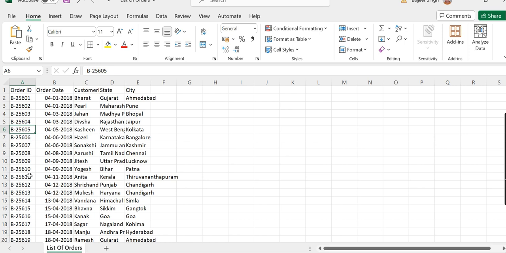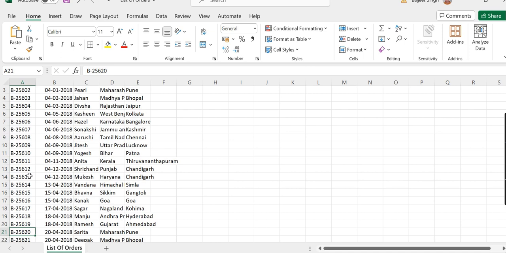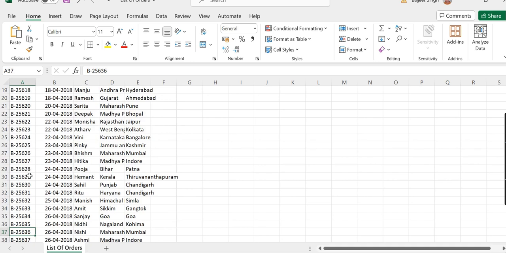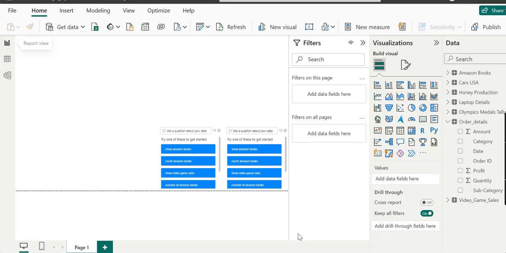Of course, there are plenty of steps before that can be done. First, we just have to look over this data set and ensure that it does contain a single line item. Yes, you can see here every order ID is a unique number. Then scroll here, and you can understand that it can be a primary key, it's a unique number here.